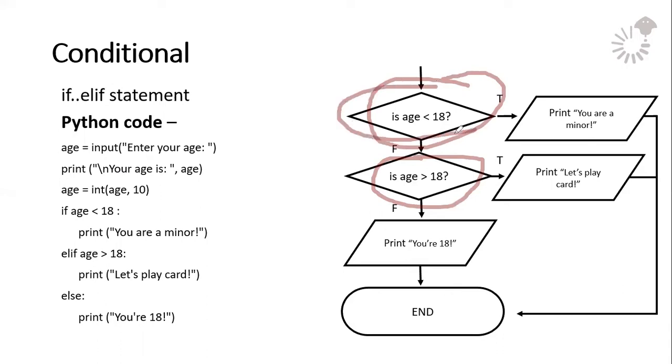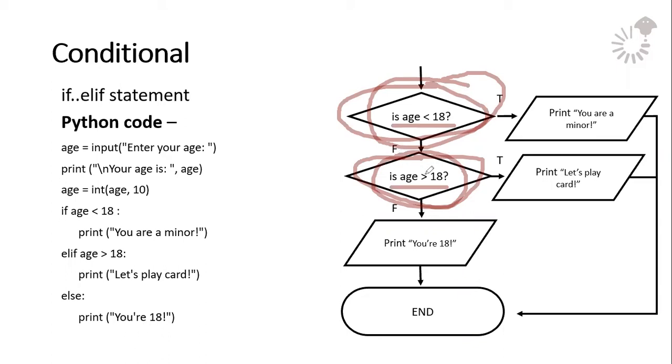Eto, pansin nyo, dalawa na yung diamond or dalawa na yung decision or condition or question niya. Okay? The first condition is age is less than 18. Second condition is age greater than 18. Alright? So if you will convert this into a code,